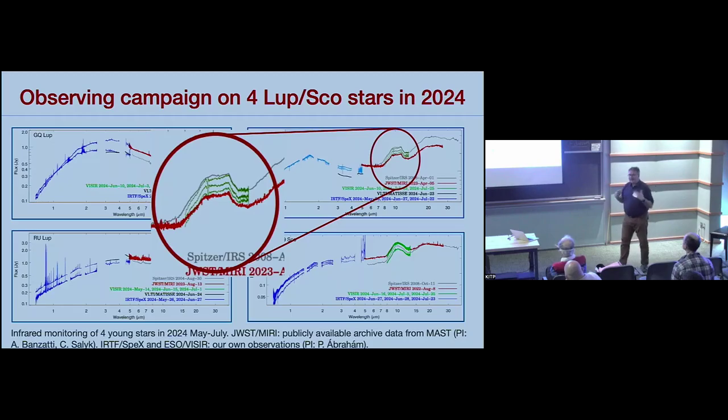It already excludes one possible physical reason, because originally one would think that, well, why do we have changes here in the 10 micron region? Because the part of the disk which is emitting at these wavelengths, usually a few astronomical units from the star, changed. Maybe the flaring changed, the disk became more puffed up, you have more emitting surface. No, this is not the case. In 6 weeks, you cannot make it. So the only possibility to explain it is that it has to be illuminated, and the illumination of this region has to change. You cannot assume physical changes in the structure.